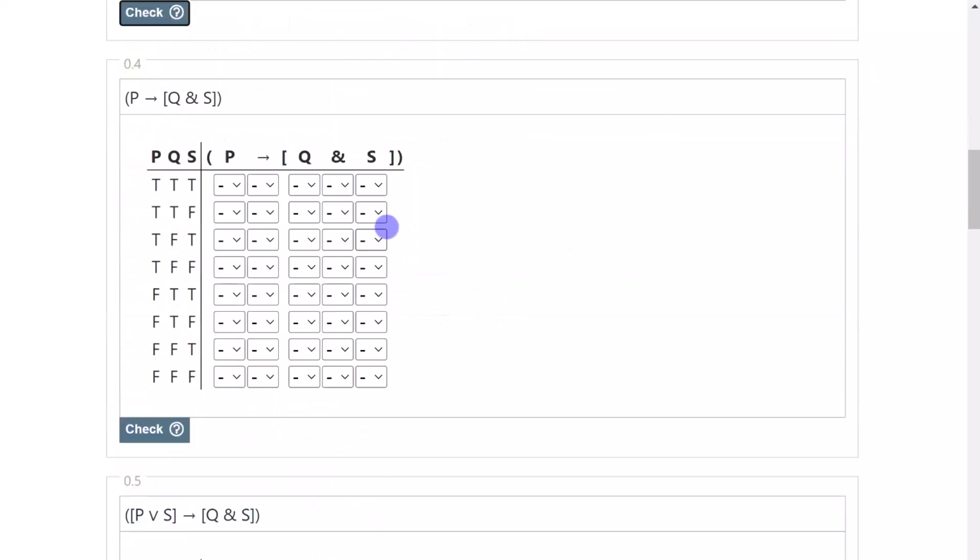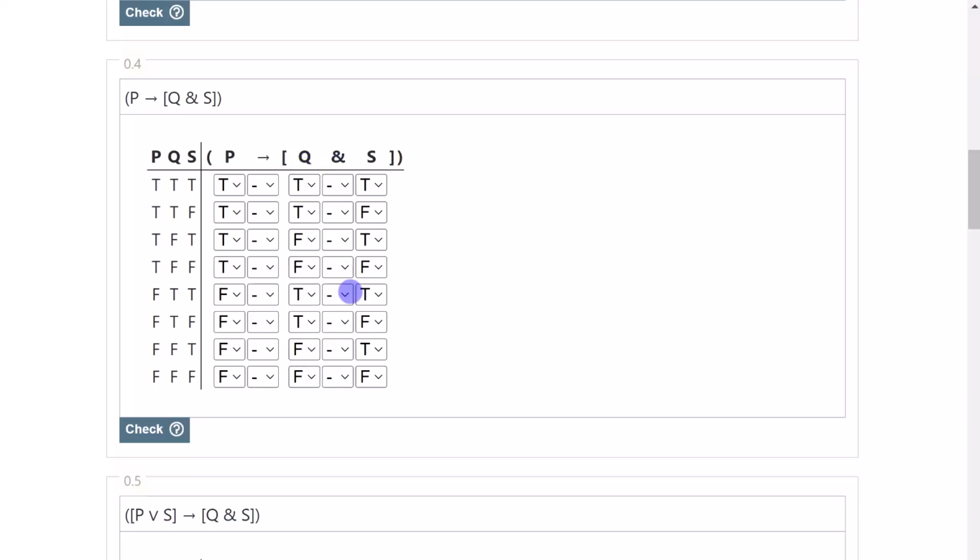Okay, here, this one's actually easier, although we've got more rows to fill in. Okay, we make sure we didn't make any mistakes. True, true, true, true, false, false, false, true, true, false, false, true, true, false, false, true, false, true, false, true, false, true, false. Okay, so first we have to do the ampersand, and to do it, we're looking at the